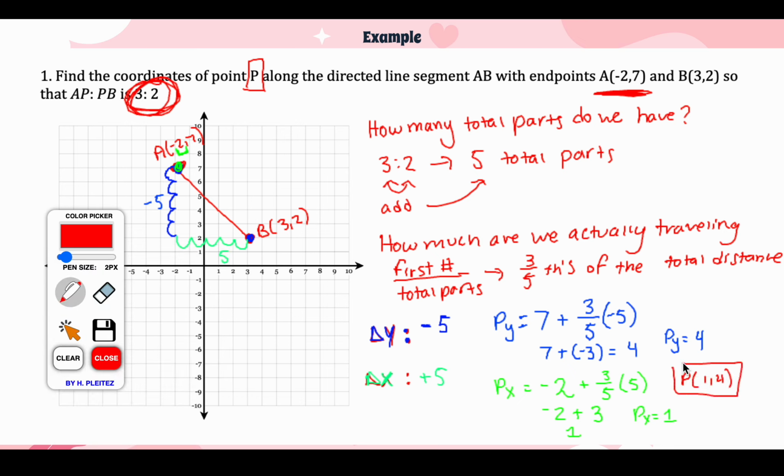Now let's go ahead and plot that to see if it makes sense. So P would be about here. That looks about right. This would be 3, and this would be 2. So if you divided this up, there would be 3 parts here and just 2 parts to the right of P. Now, this is great when you have a grid, but we kind of got to figure out how to